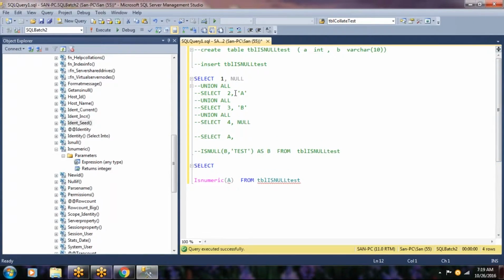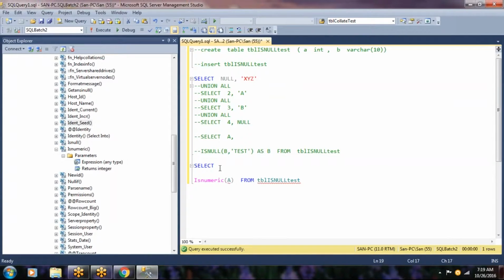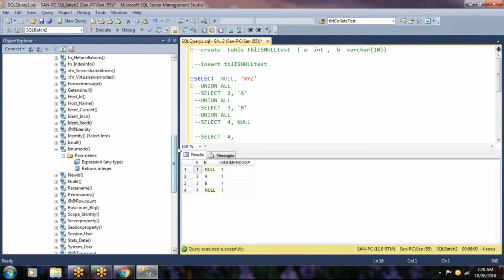I will show you. Select null, 'XYZ'. Okay. Select a, b, ISNUMERIC expression.